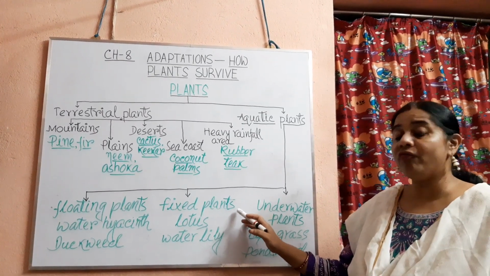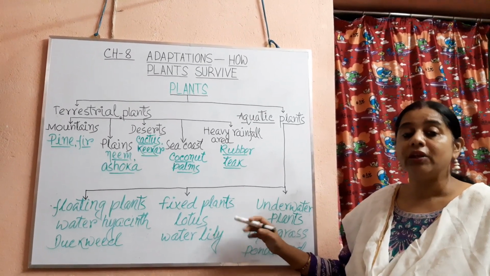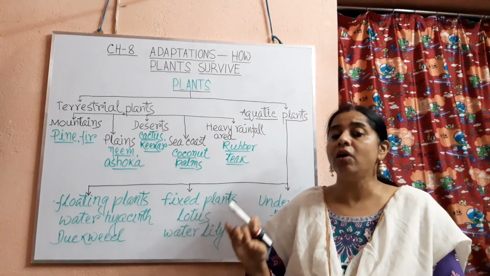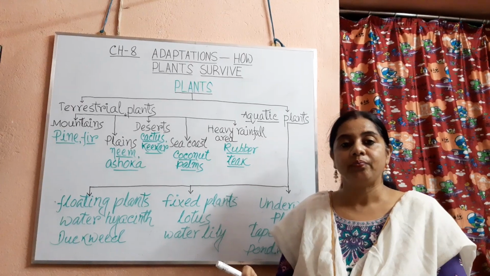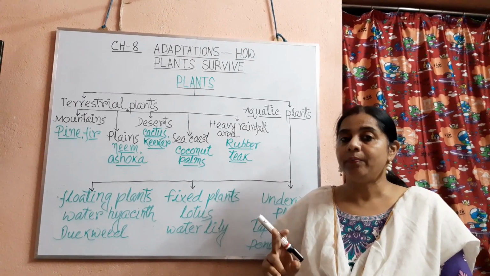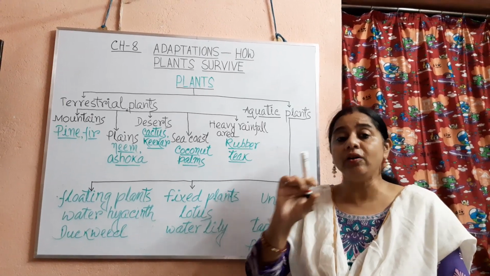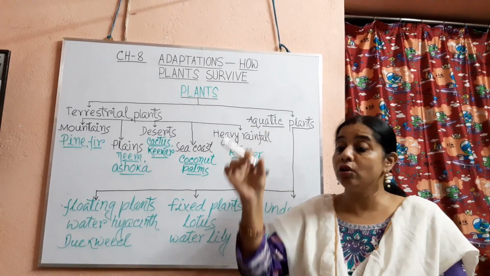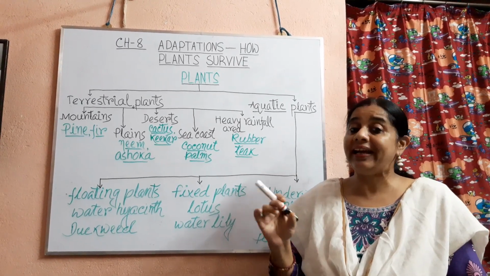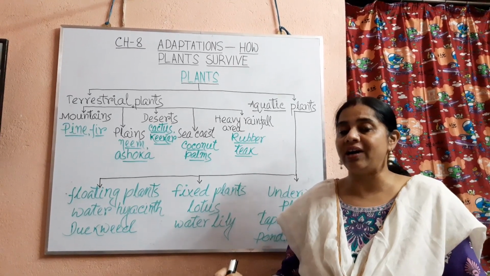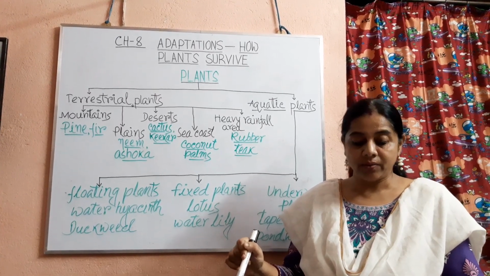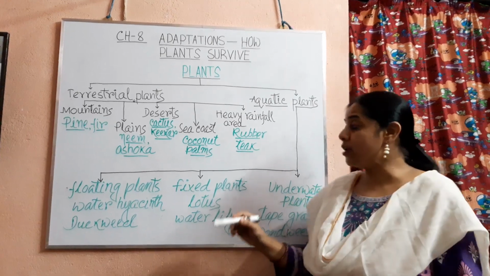Children, in the case of fixed aquatic plants, the roots of the plants are fixed at the bottom of the water. Understood? Their stems are thin, light in weight and hollow. They are also long in structure, which helps the stems to reach the bottom of the water. Got it? Now children, leaves of these plants